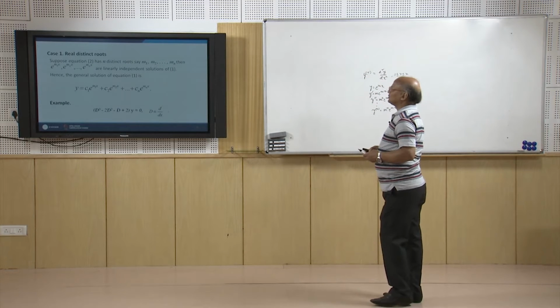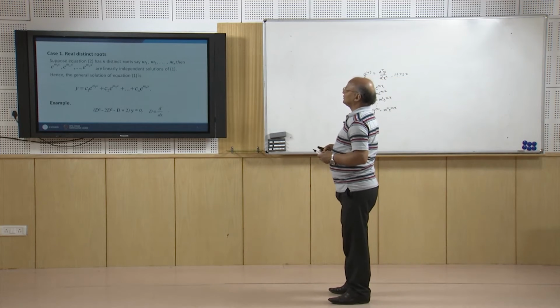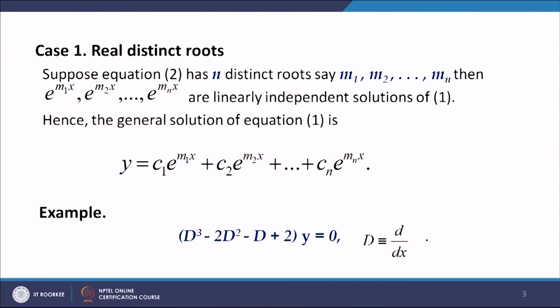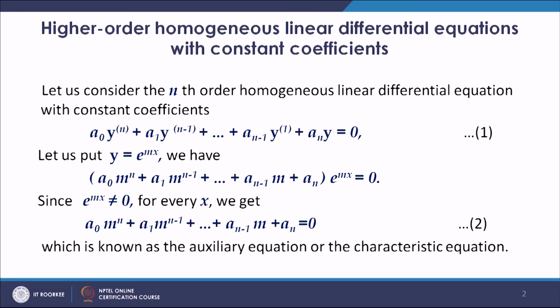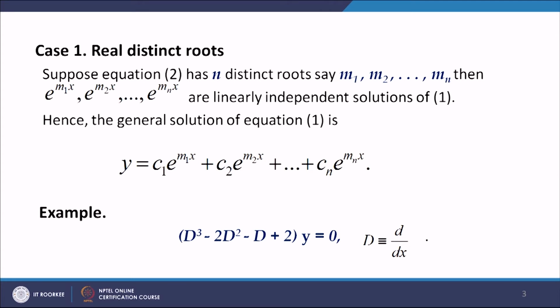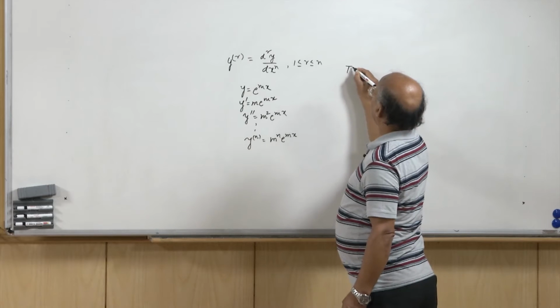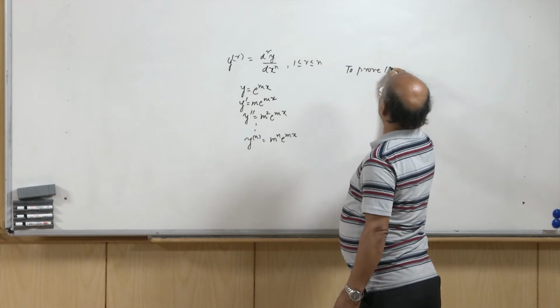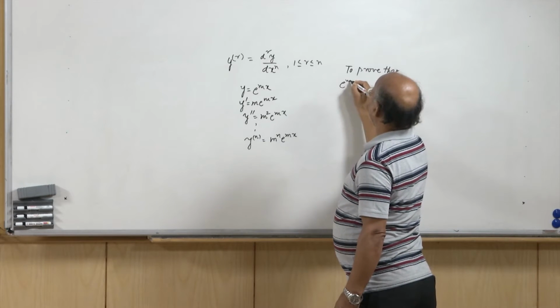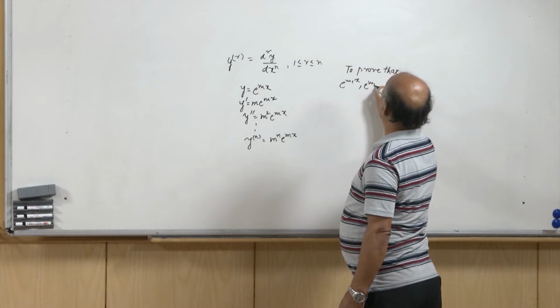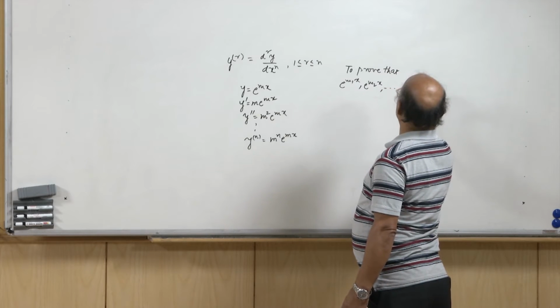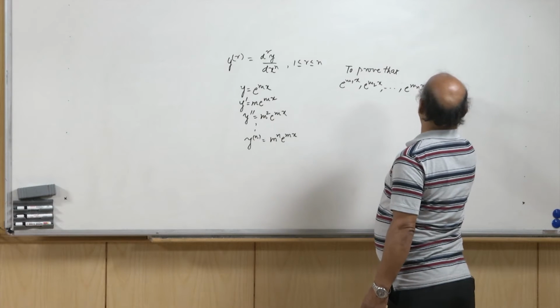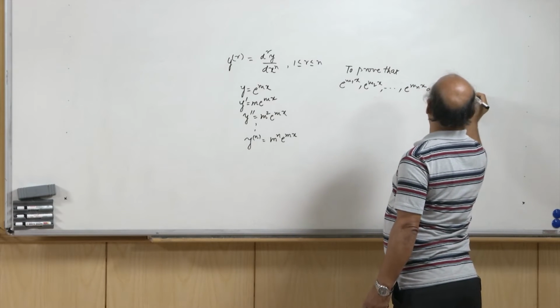So, suppose the n roots of the auxiliary equation are m1, m2, ..., mn and they are all distinct. Then the corresponding solutions of equation 1 will be e to the power m1x, e to the power m2x and so on, e to the power mnx, and they are all linearly independent. To prove that these n solutions e to the power m1x, e to the power m2x and so on, e to the power mnx are linearly independent,